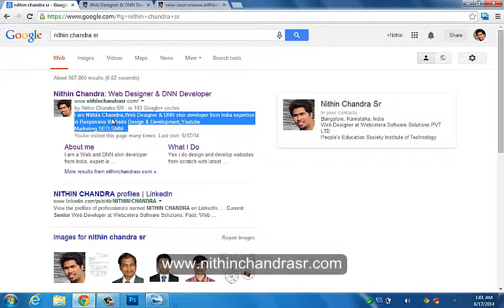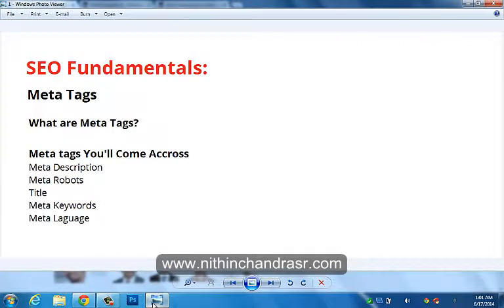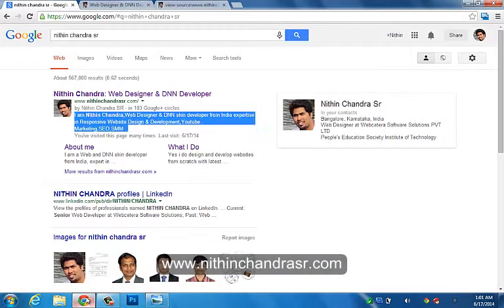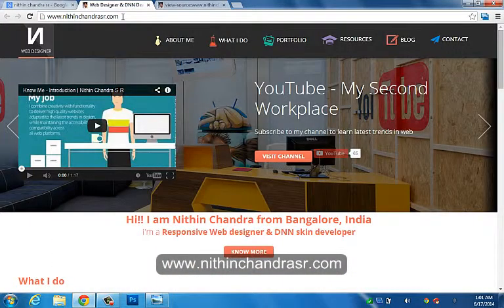Now we have already talked about the meta robots tag in our earlier tutorials. For those who didn't have the chance to see it, here is a short explanation. Meta robots tag is used to manage the accessibility of a single web page for search engines. You can allow or disallow search engines to index the page, follow its links, or archive it. For example, if you have a 404 error page, if you don't want that page to be indexed by Google, you can use a meta robots tag. I can show it on, I have a 404 error page.